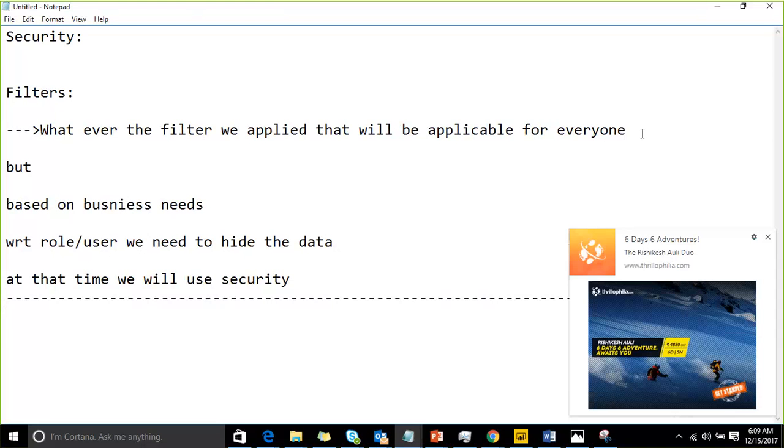With the help of security, you are creating roles, or you are going to create a dynamic security in such a way that whatever data the user is associated with, only that data we are going to display, or whatever data he belongs to, that data we are going to display. That can be achieved through security.